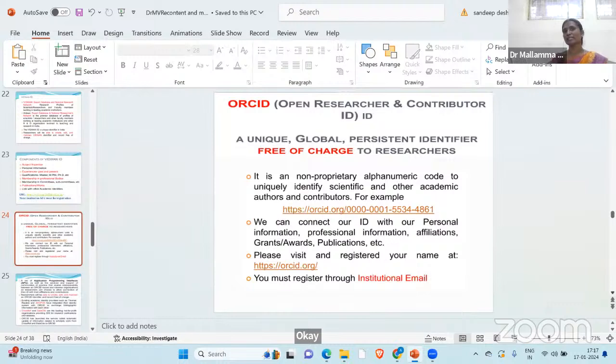Now this is ORCID ID. This is called Open Researcher and Contributor ID. It is a unique, global, persistent identifier, free of charge to the researcher. Okay, it's alphanumeric which contains a 16-digit code. This can be used for informational, professional, affiliation, grant, award, publication, everything you can add here. This also requires your institution mail. If you don't have an institution mail, you can use Gmail. So I will go ahead and create the ID and we will check it out.